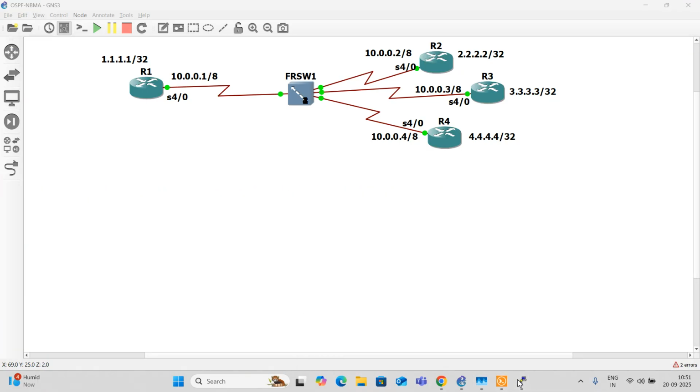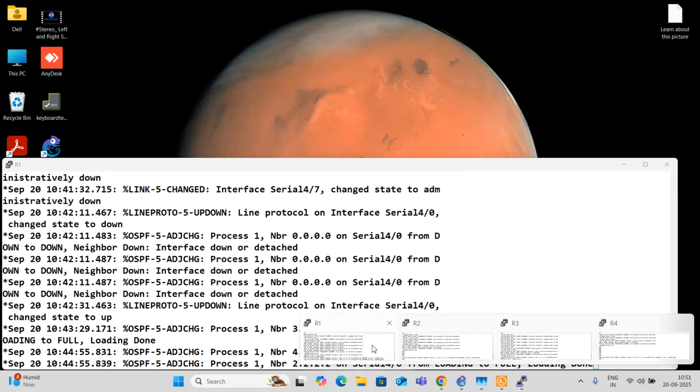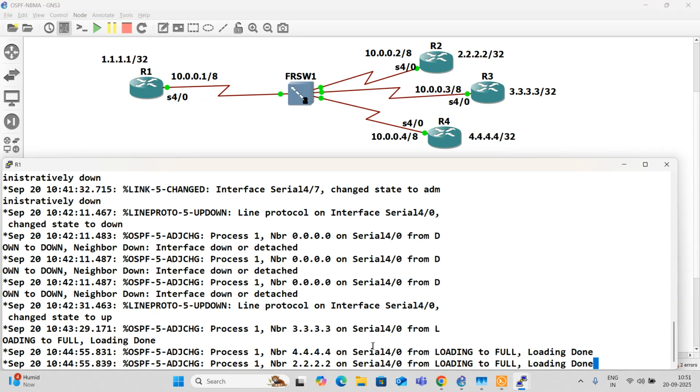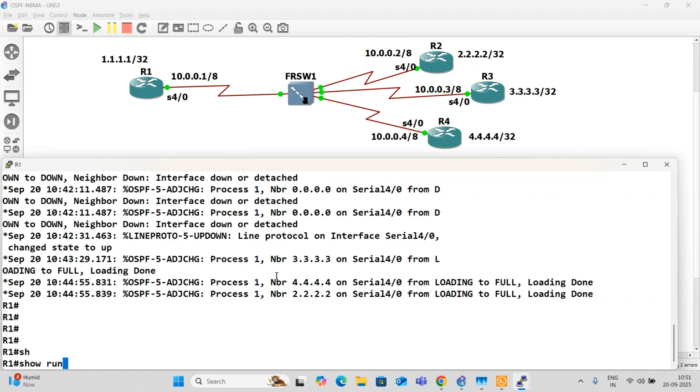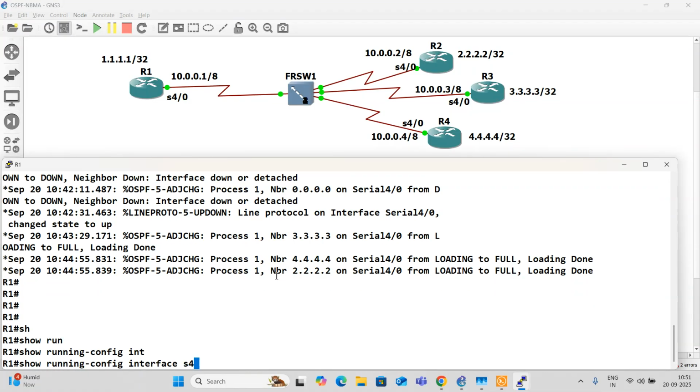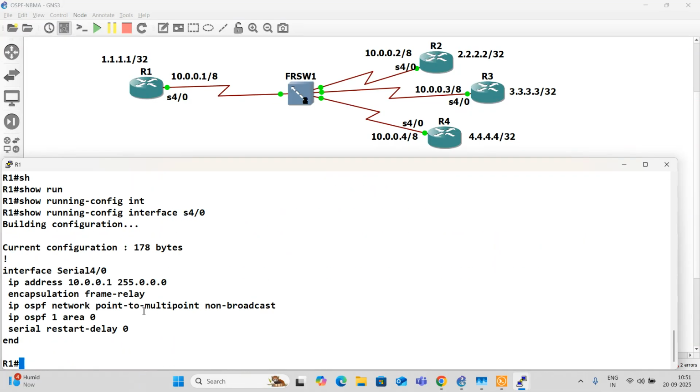We gave neighbors manually. I would like to show you that once. Show run interface serial 4/0. Here you can see we have configured point to multi-point non-broadcast.